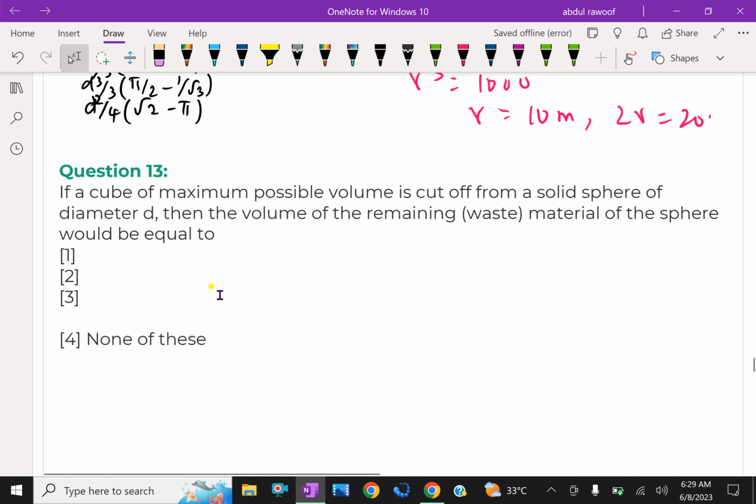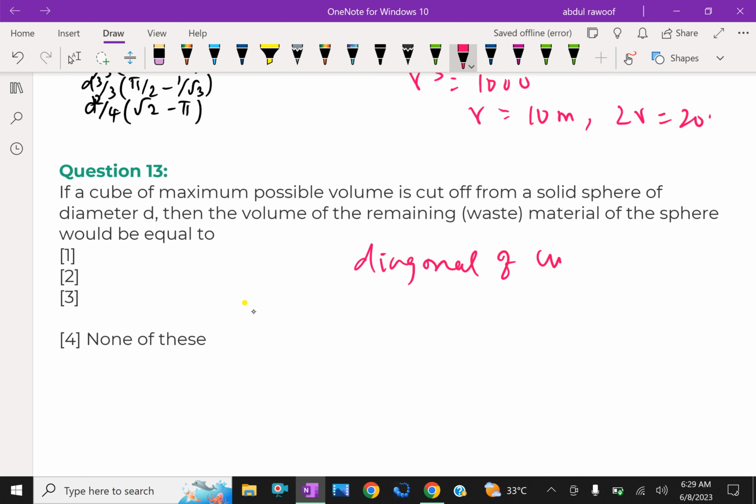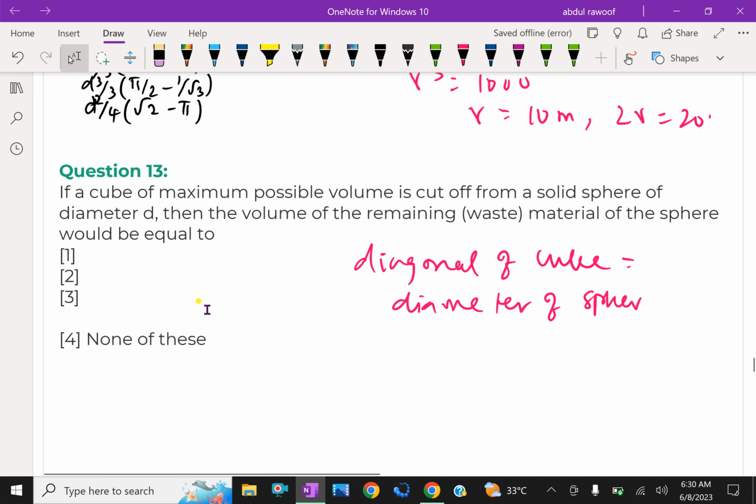Here, the diagonal of the cube is equal to the diameter of the sphere, because it fits inside the spherical ball. Therefore, the volume of the sphere now,